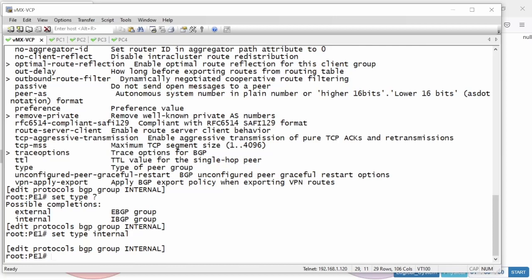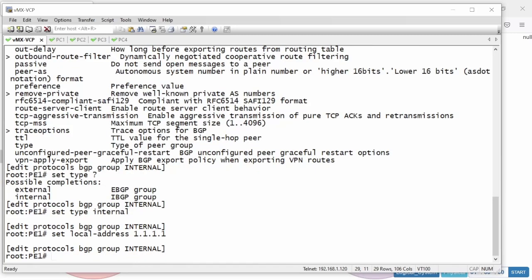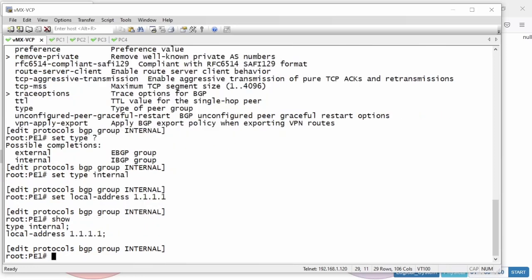All right, fantastic. So now we need to set our local address, or in other words, which address we're going to use for our BGP neighborship sessions. And because this is internal BGP, we're going to be using the loopback addresses. So set local address, and it's going to be 1.1.1.1. Fantastic. And let's do a show. Okay, so we have our type of internal, we have our local address. So now we need to set our neighbors. So set neighbor,